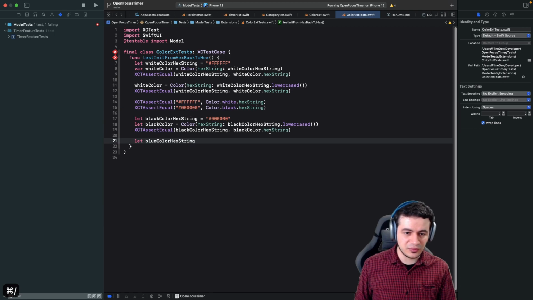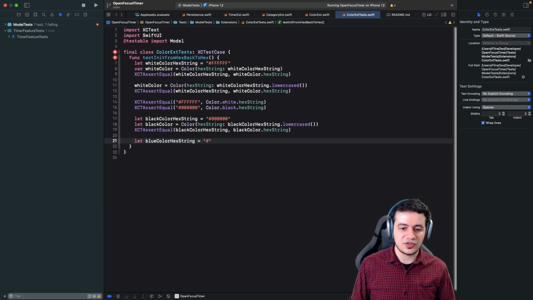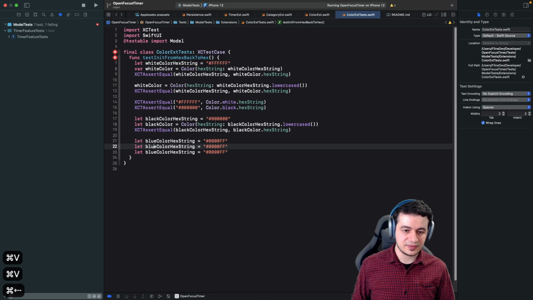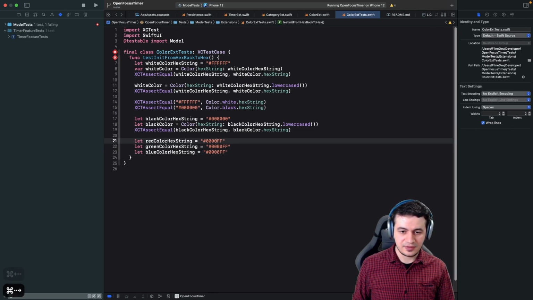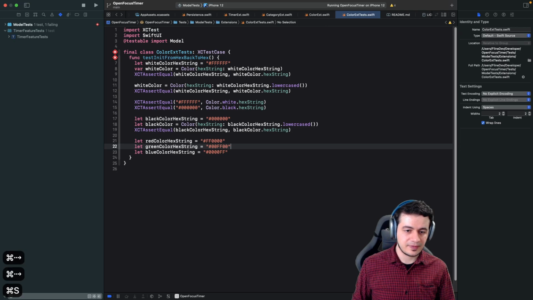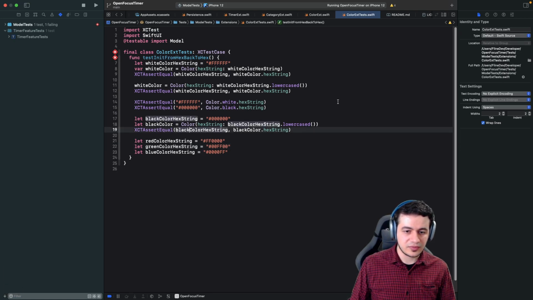Let's go for the true blue one here. So blue color hex string is RGB, so it's 0000FF. Let's go for the others as well. Let's go in the right direction. So RGB, R would be FF. Cool, and now we